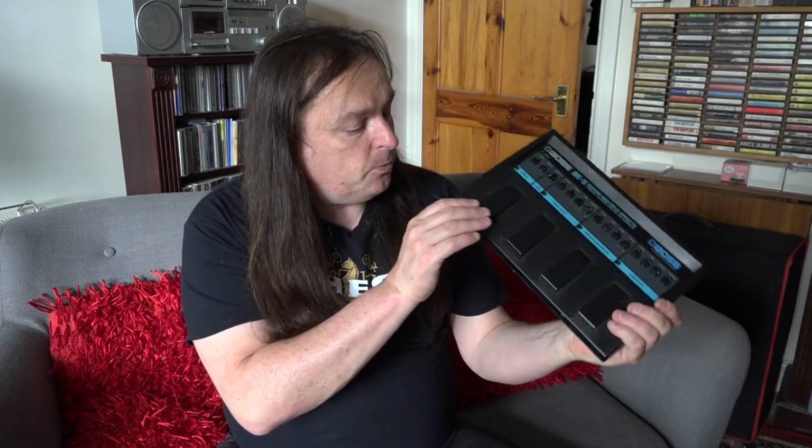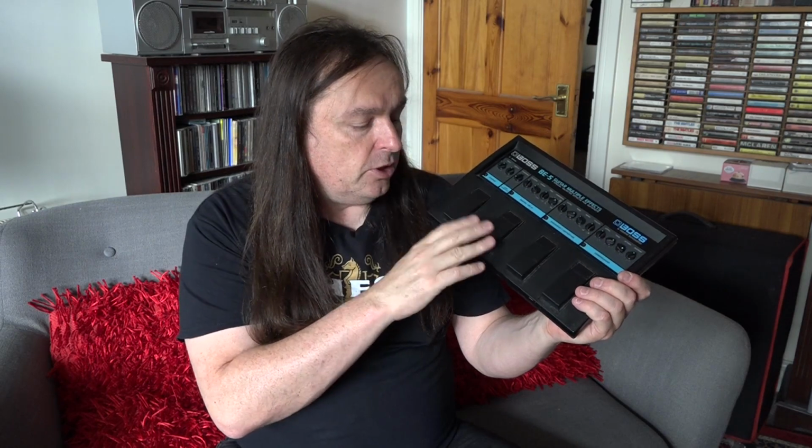I think myself these are great units. The switches themselves are a little bit delicate, so they're not going to take lots of jumping around on stage, but if you're careful, I mean this thing's over 30 years old, then you could have really good quality guitar effects for not a lot of money, because these things you can pick them up for £100 and sometimes less,